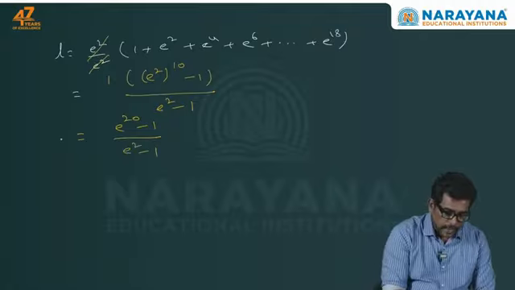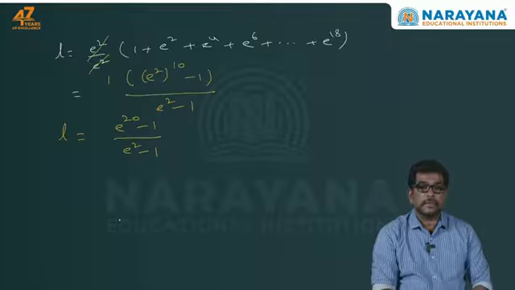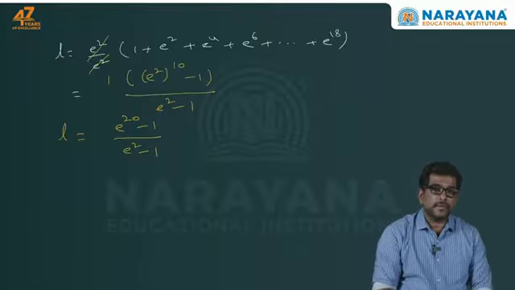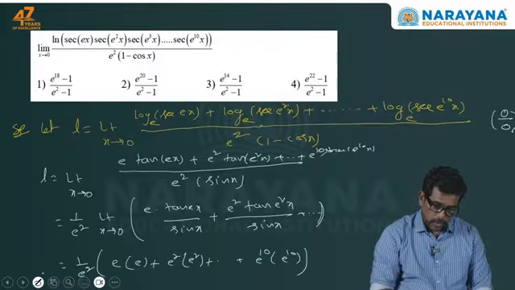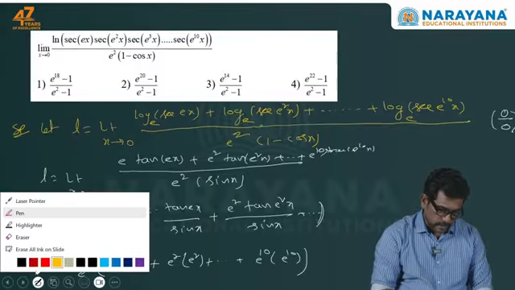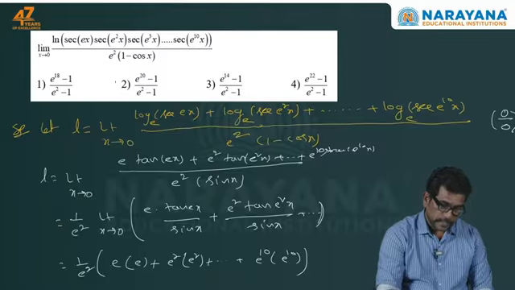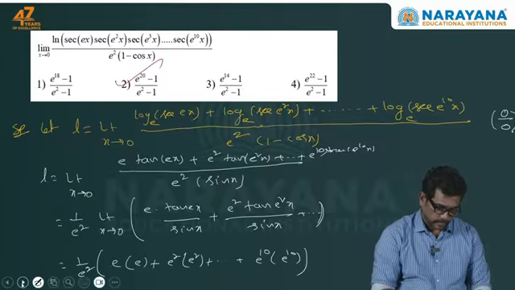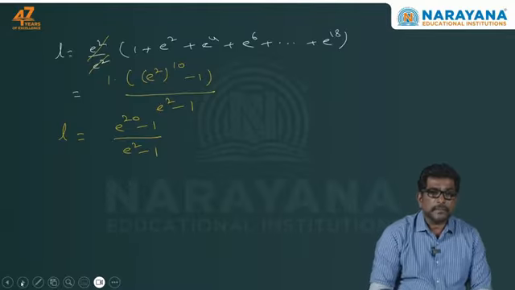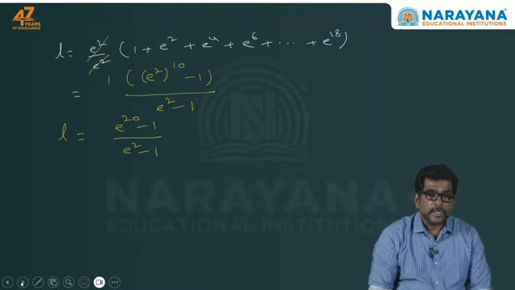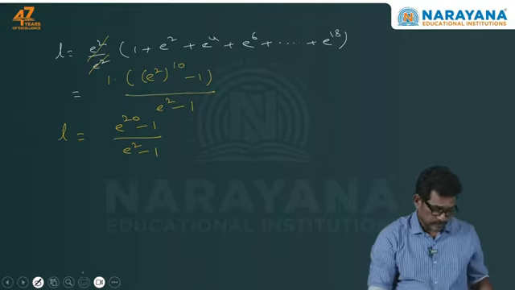So the given limiting value L is equal to e to the power of 20 minus 1 upon e square minus 1. That is, the second option is right. The level of the problem is average, a moderate problem. It takes hardly 2 minutes. Next one is,